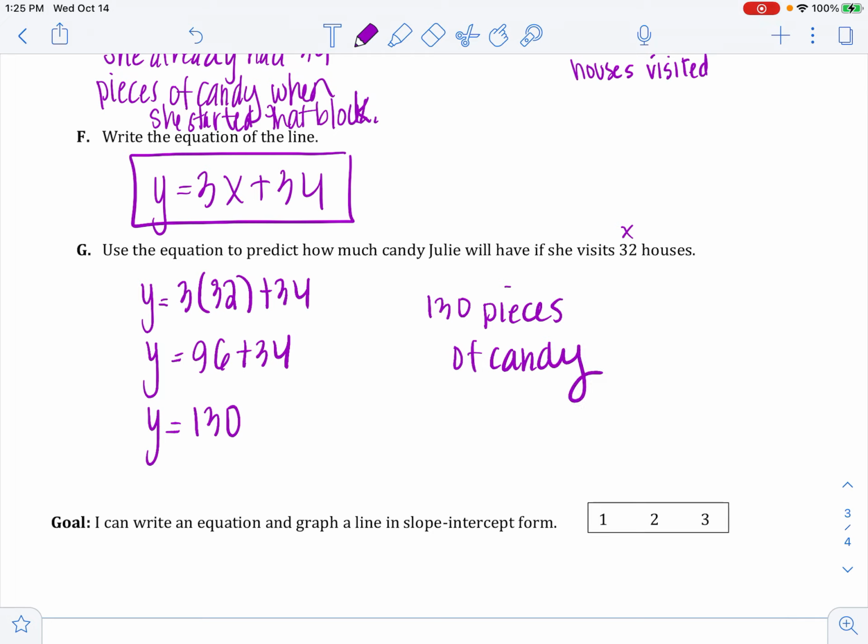Okay, so let's look back at our goal for today. I can write an equation and graph a line in slope-intercept form. So go ahead and re-rate yourself on how you feel about that, and then